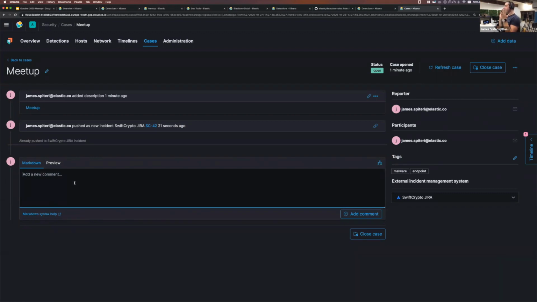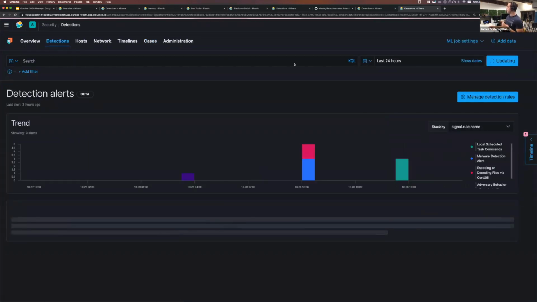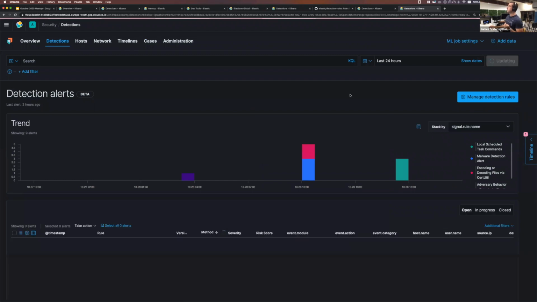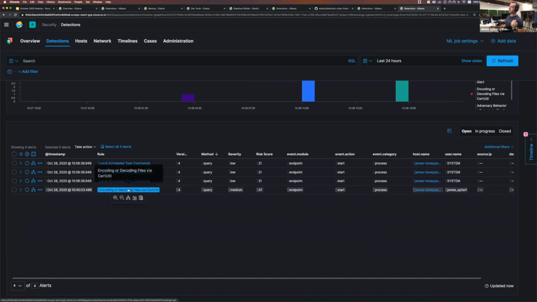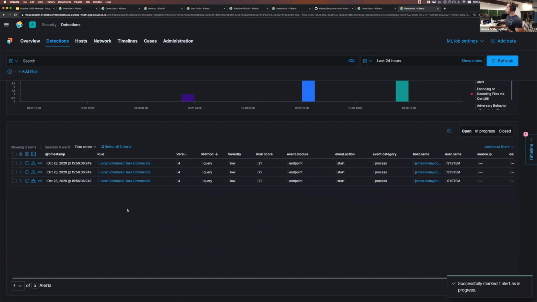That's great. I do want to highlight some other things that an analyst can do as part of that detections workflow. So I'm just going to go back to detections. And in the last 24 hours, I want to see what else I can do with these alerts, right? So I know this is currently being worked on, so I'll mark this as in progress. But what are these other scheduled task ones? I can assume they're pretty much totally unrelated, but I do want to take a look at them first.